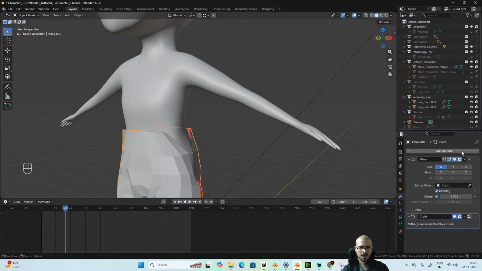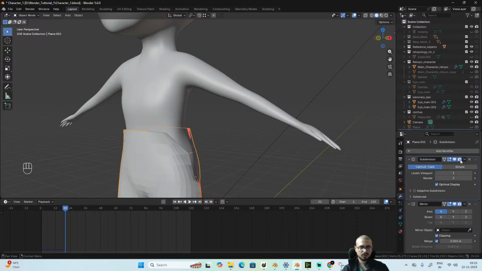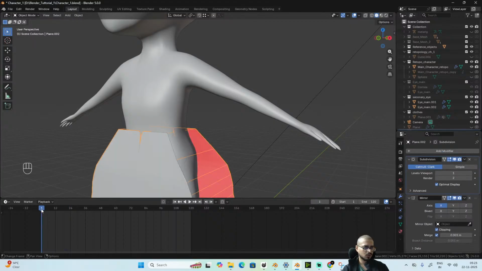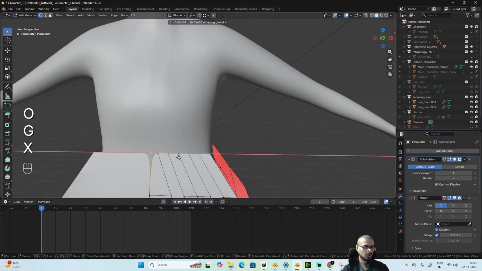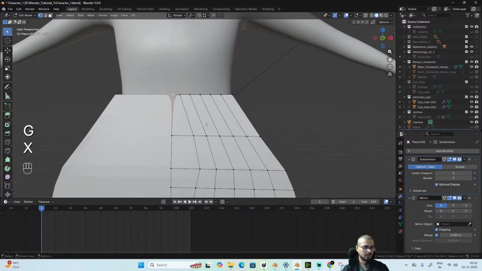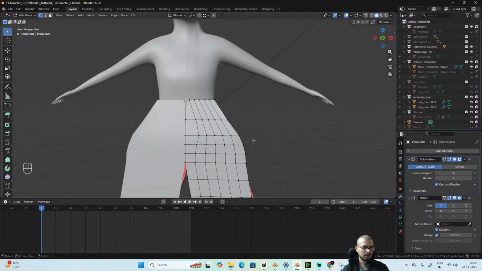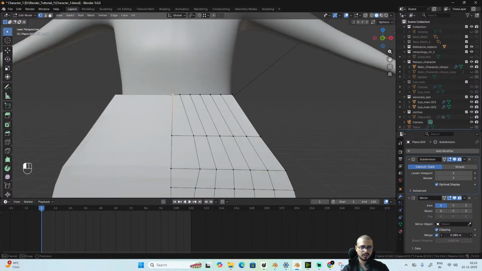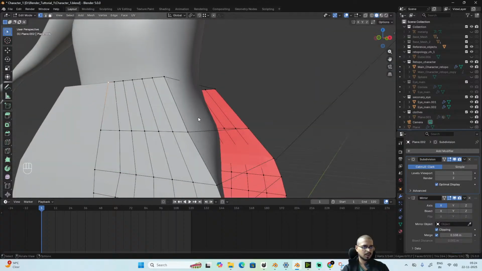First of all, I'm going to add a subdivision surface to it so that it looks smoother. I'll go back to the first frame. I might have to adjust a few things. G X. Okay, I have to turn off the proportional editing first. Still, it's giving some weird issues, like it's not merging correctly. I'll increase the merge distance to 0.1 at least, and now